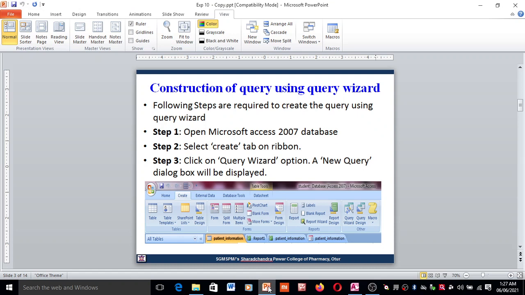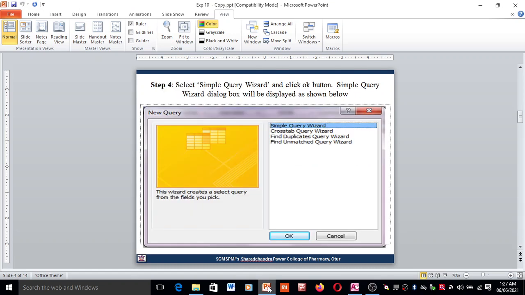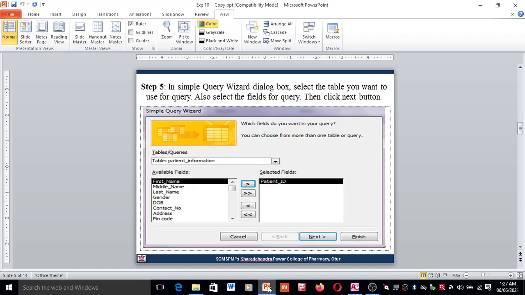In the next slide you can see here you have to select simple query wizard. In this simple query wizard you have to select the fields and then click the next button.